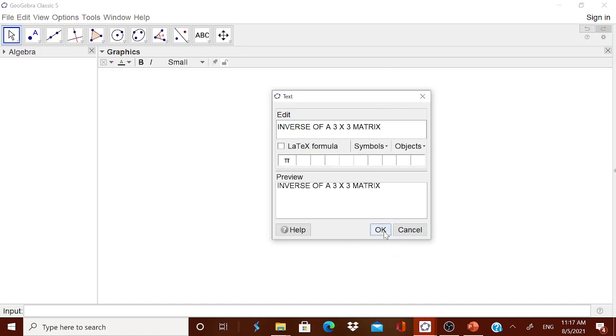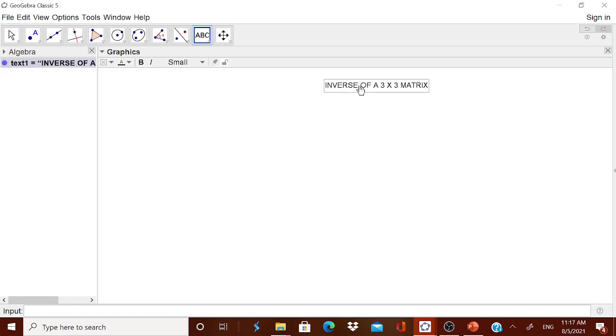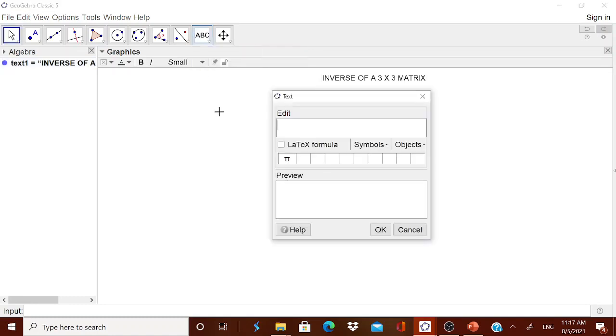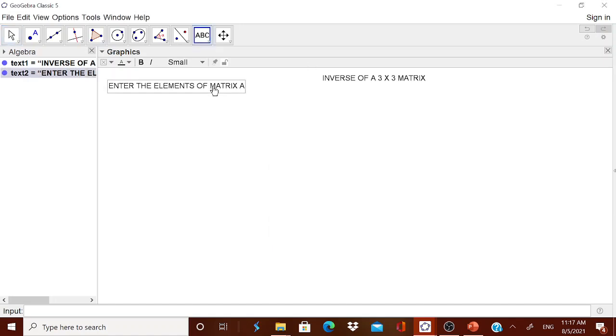Okay, I will press OK. Now here we want the children to enter the values. For that, first you have an ABC text. You ask the children to enter the elements of matrix A.